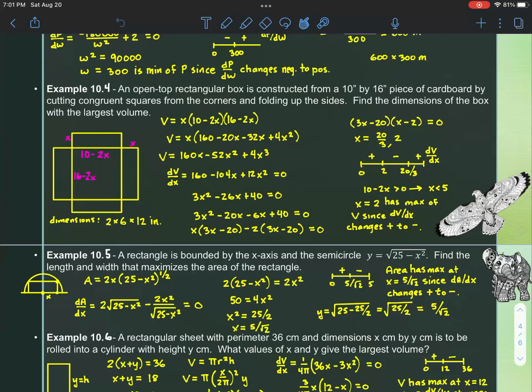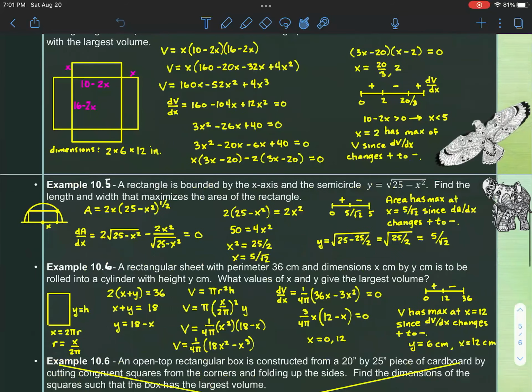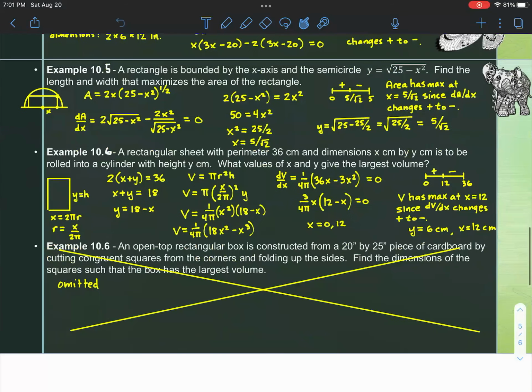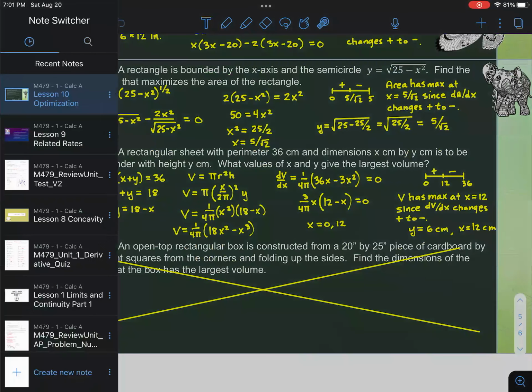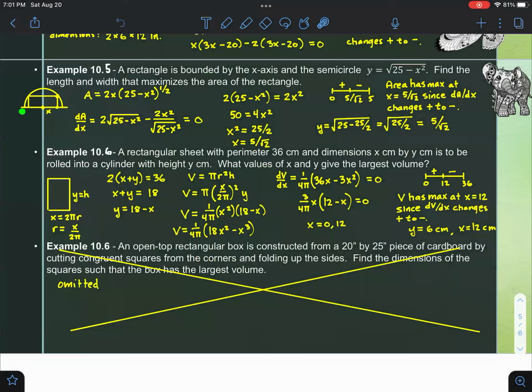All right, moving right along. 10.5, this time we've got a rectangle bounded by the x-axis. Whoops, there's my x-axis in my diagram. And a semicircle. If you're not familiar with the equation of a semicircle, it's worth